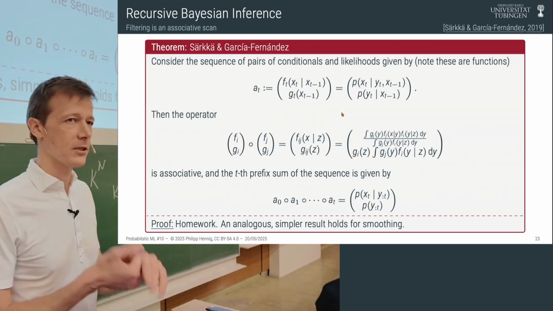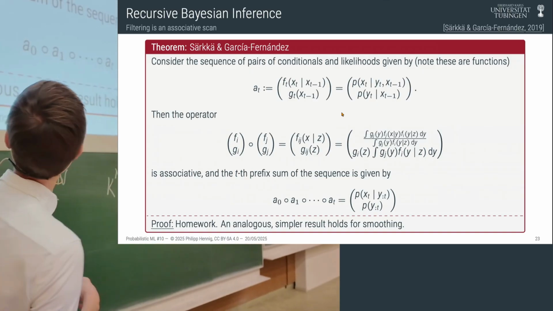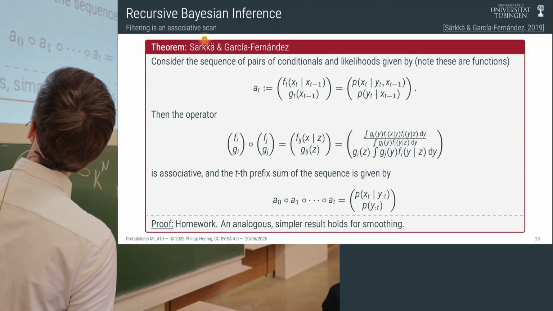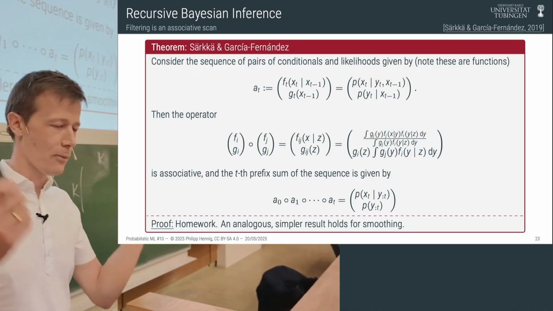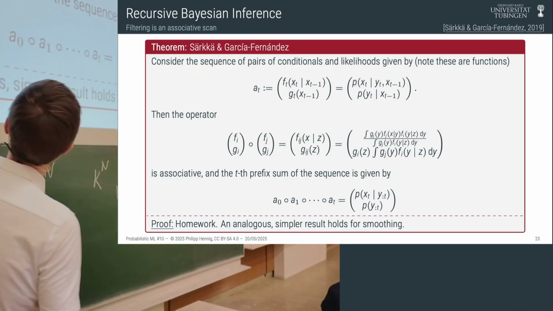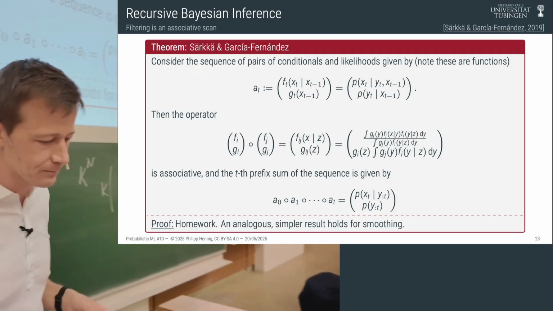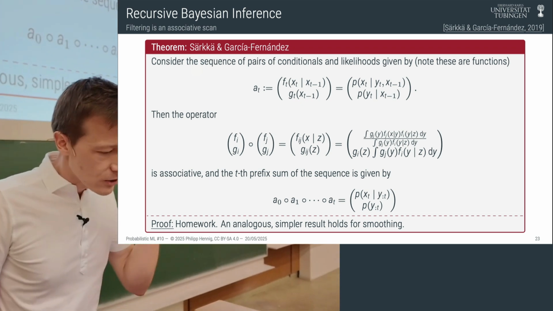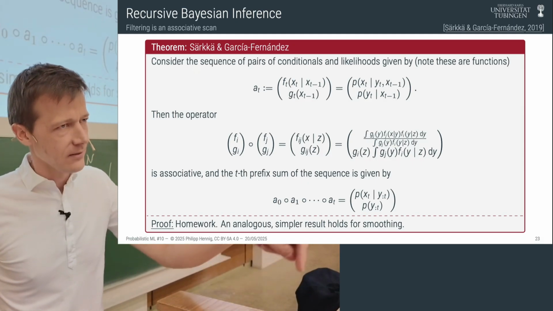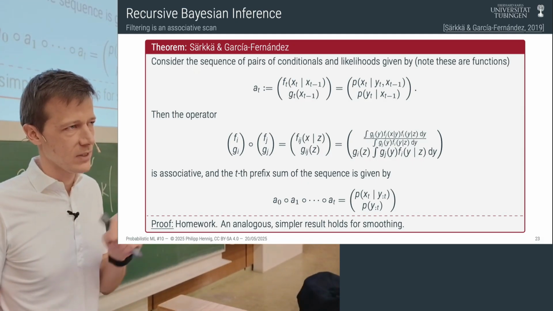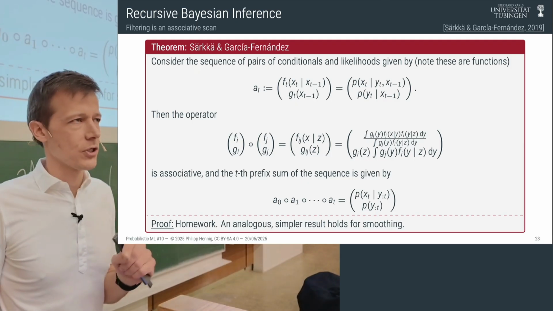And that theorem was published in 2019, so a little bit more than 2 years ago. But it took me some time to understand what's going on. And we ended up writing a paper together with Simo Särkkä, the guy who came up with it. He's a colleague in Finland who is basically the Pope of filtering, knows all about it. And he had this beautiful insight, which I'm just excited about, so I'm going to tell you about it, and then we're done, which is that it turns out there is a way to write the Chapman-Kolmogorov equation, this filtering step, as an operation that is associative.